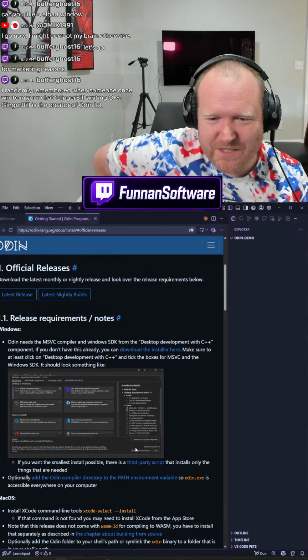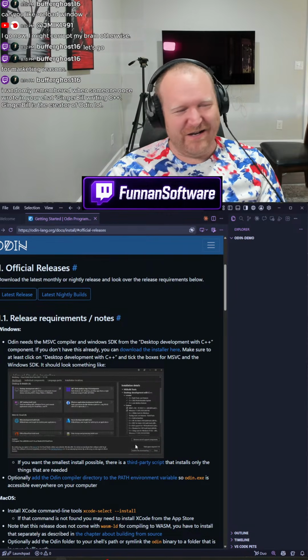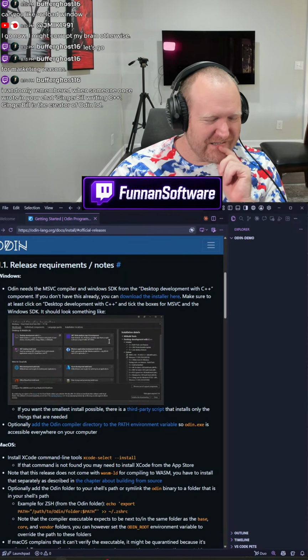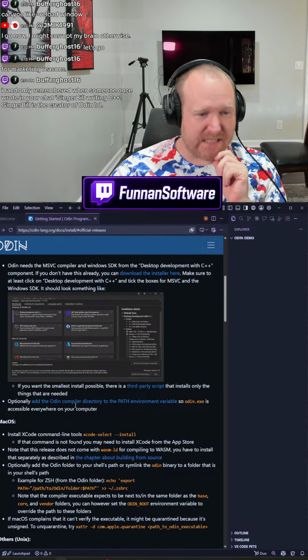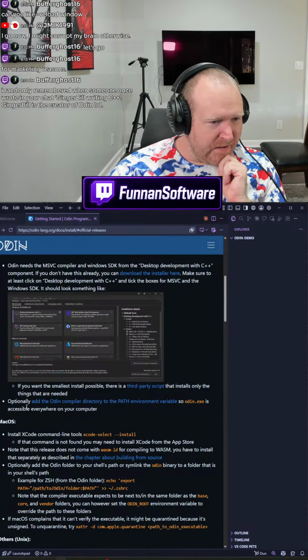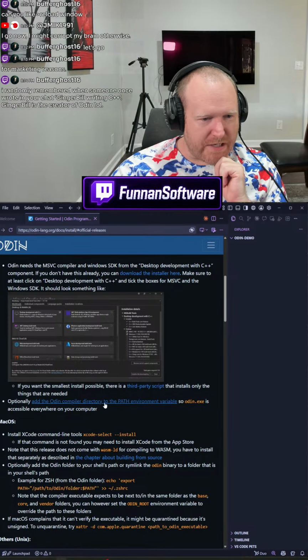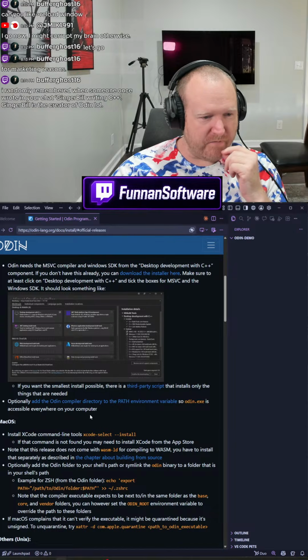Someone once wrote in my chat, Ginger Bill writing C++. Oh, Ginger Bill's the creator. Oh, that's interesting. I don't know. I've been aware this language has existed. That's all I know. Optionally add the Odin compiler directory to my path, which I did, so that the Odin exe is accessible everywhere on my computer.